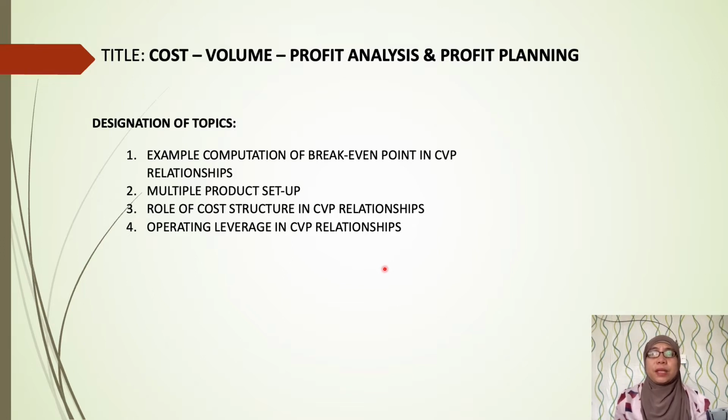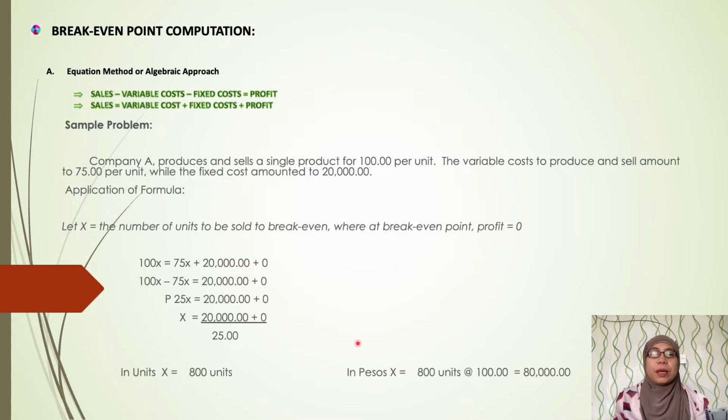concept and definition of CVP analysis and break-even point, in my report, I will explain also the computation of break-even point using different methods or approach. So number 1 method is equation method or algebraic approach. The formula for this is sales minus variable cost minus fixed cost equals profit, or sales equals variable cost plus